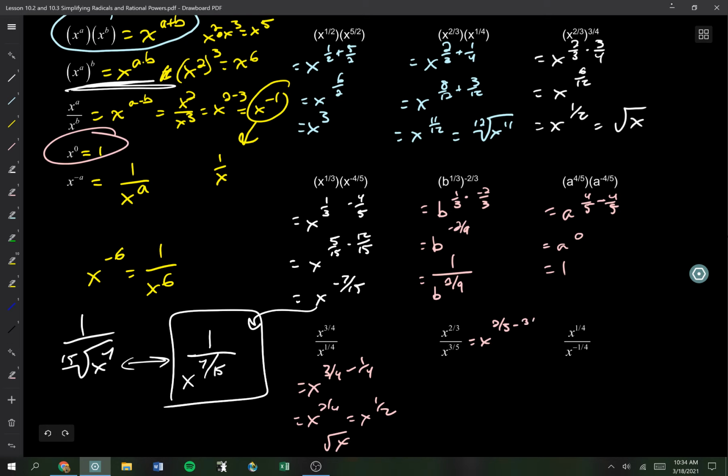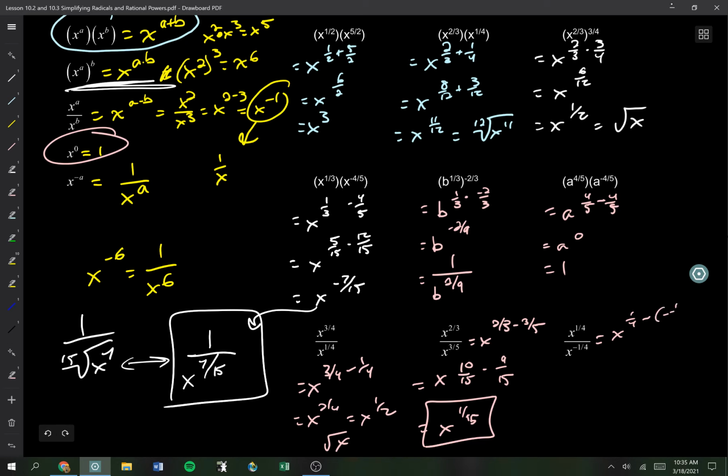2/3 minus 3/5. It's a bad looking one. I need a common denominator here. So it's going to be 15 again. 10/15 minus 9/15. This is going to be x to the 1/15. And this is going to become x to the quarter